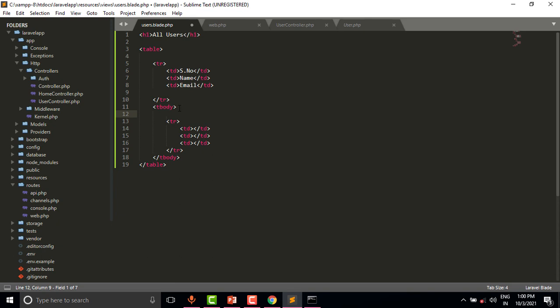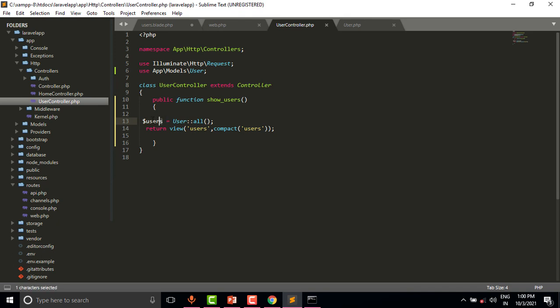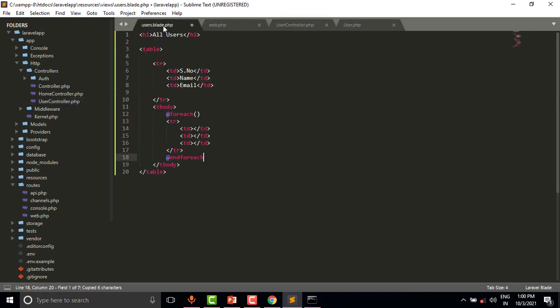For that we need to create the foreach loop. And in the foreach loop we will pass these users which we have passed from the UsersController. This one, users as user,